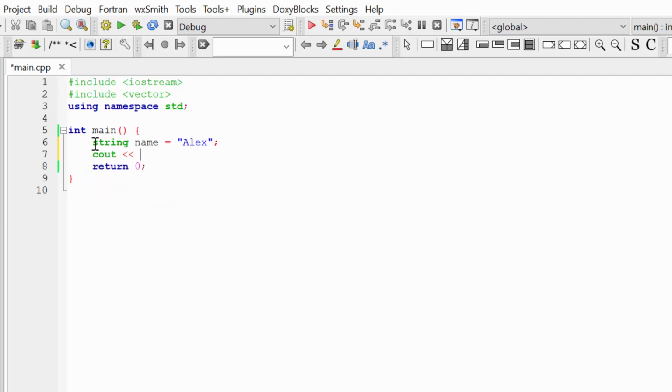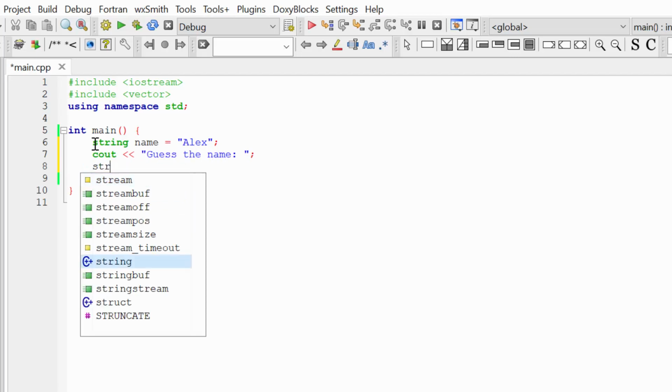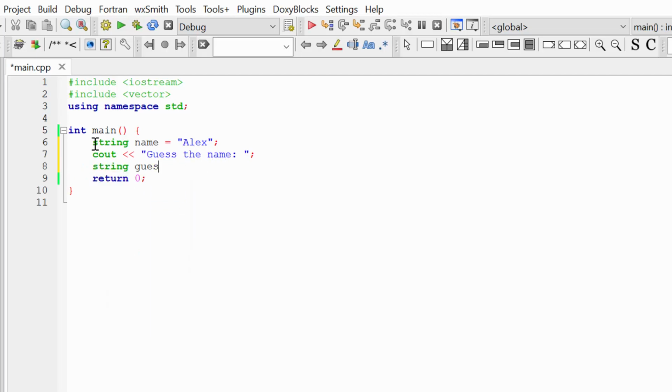So let's write to the console, guess the name, and we are going to create a variable where we're going to store our guess, and we are going to read our guess, the name that the user will enter, and check if our guess is equal to the name that the program is thinking about.